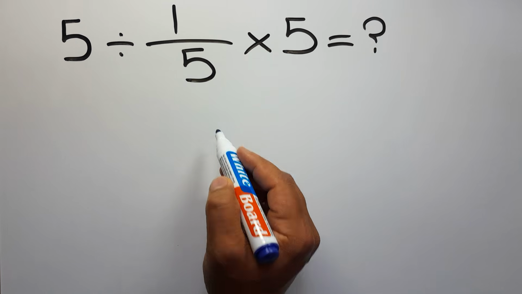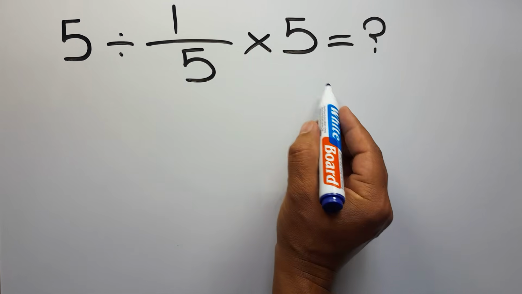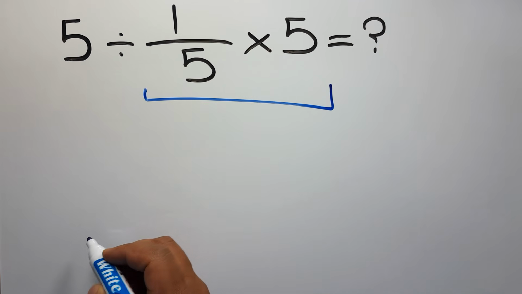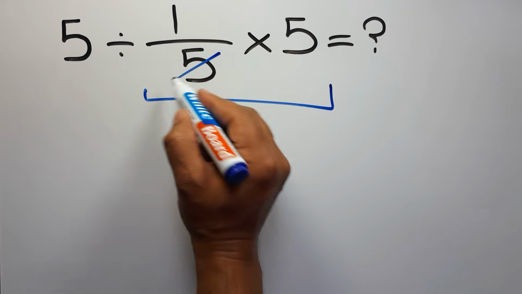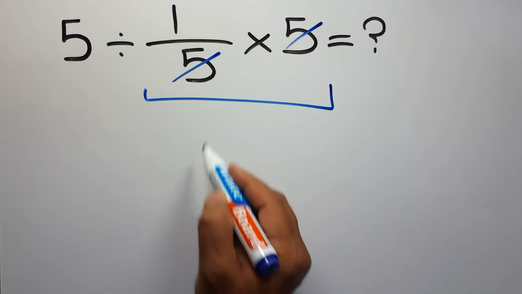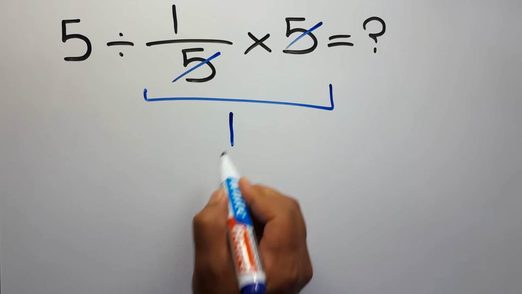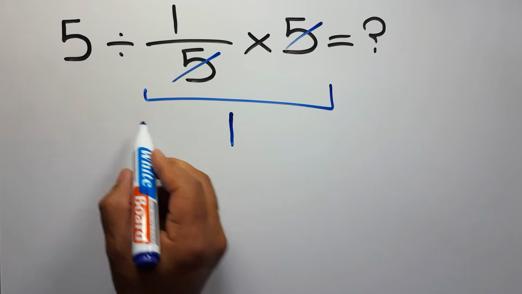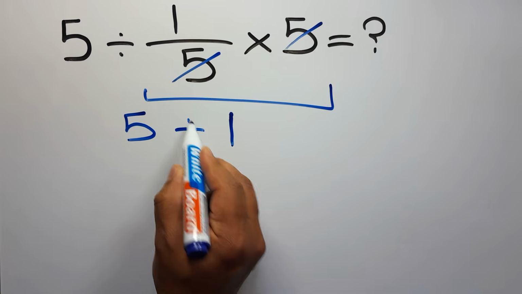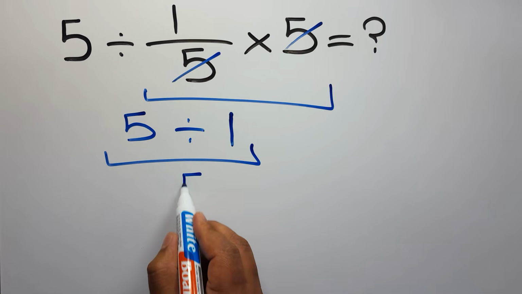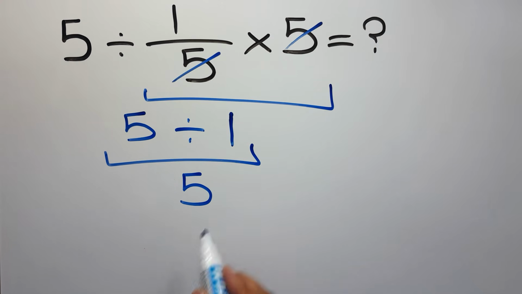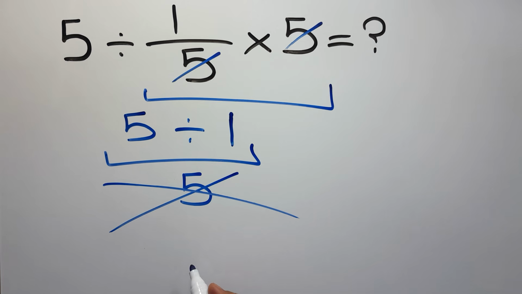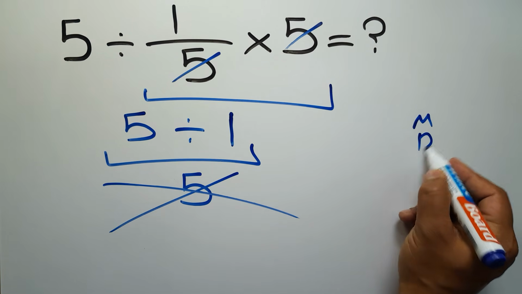First we do this multiplication, 1 over 5 times 5. We can easily cancel this 5 and this 5. So here we have just 1. And 5 divided by 1 equals 5. But this answer is not correct because according to the order of operations, multiplication and division have equal